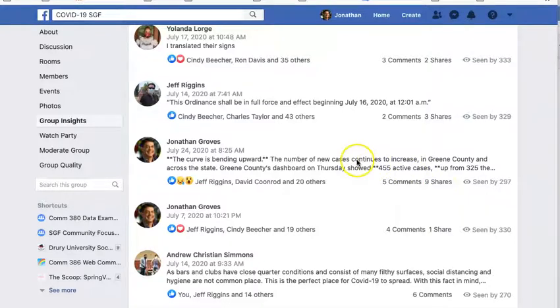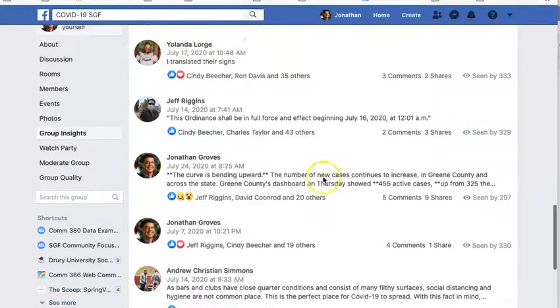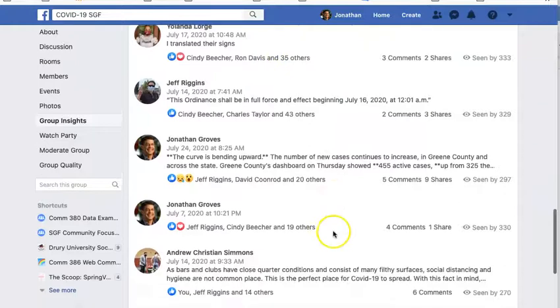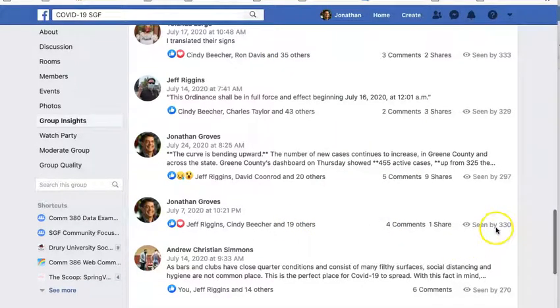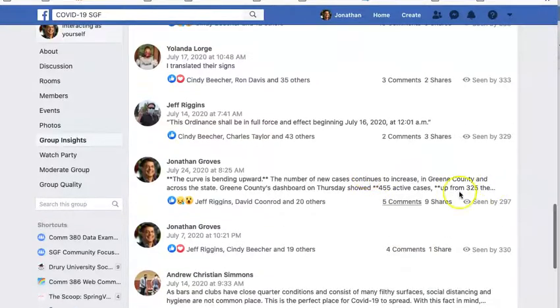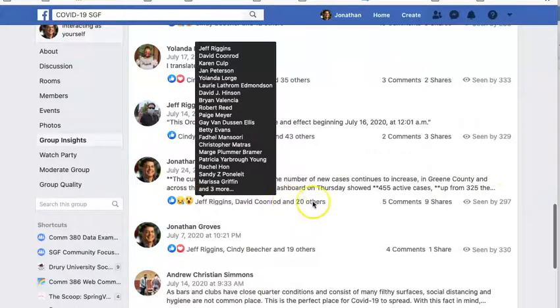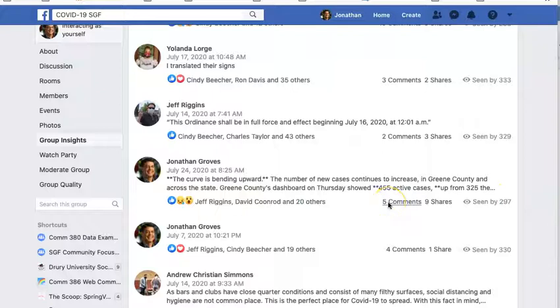And so even though it didn't get as many likes as this post, it wasn't seen by as many people and didn't get as many comments on the page,